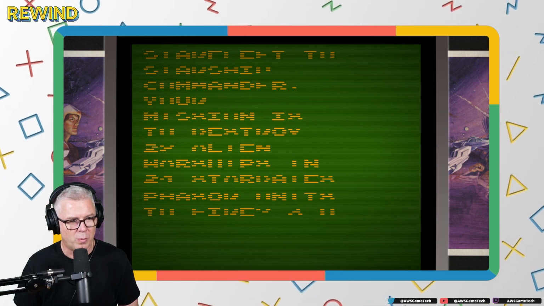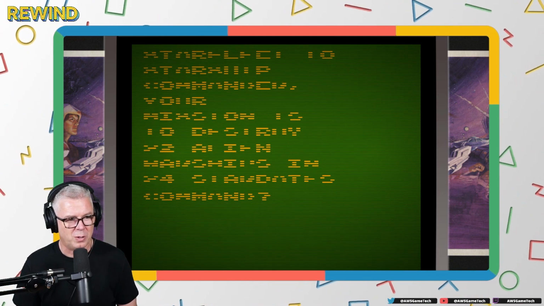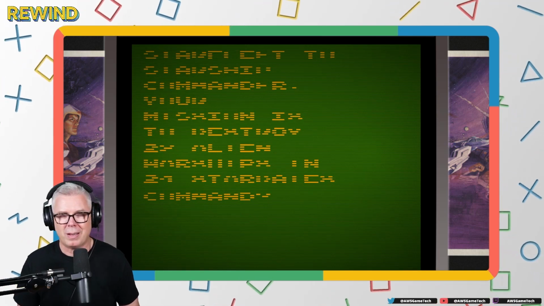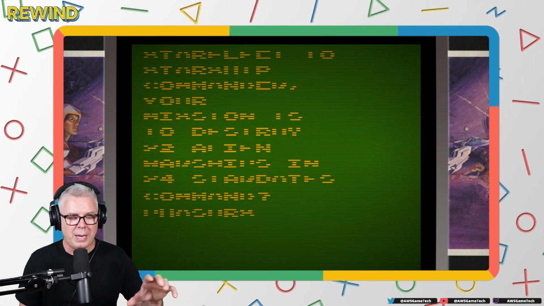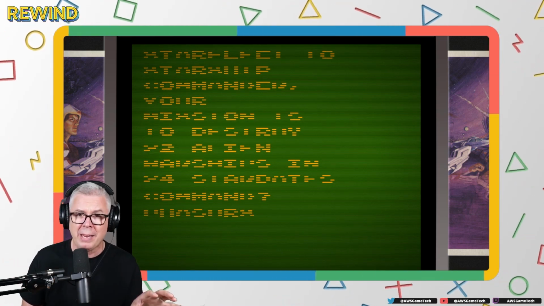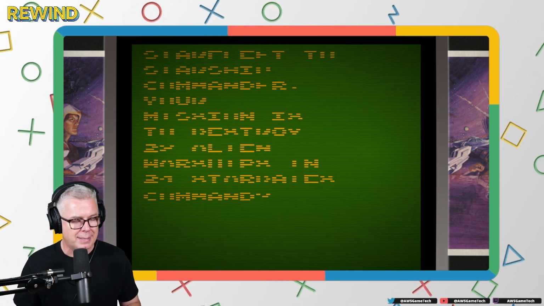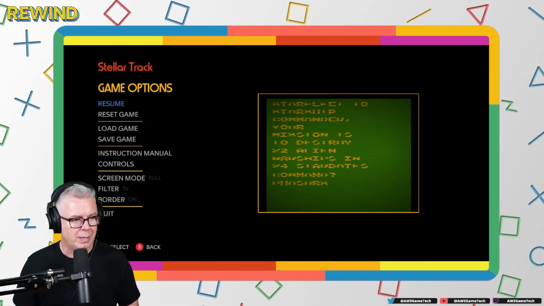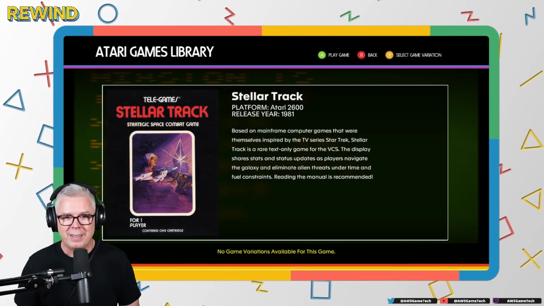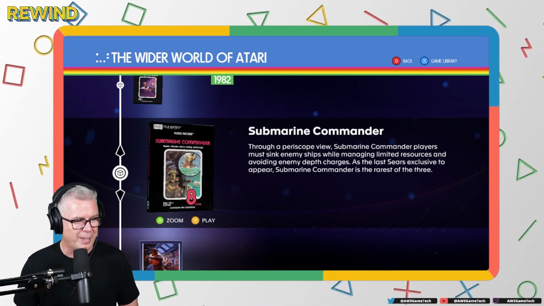And let's fire 333 phaser units. Okay, this is very reminiscent of the Star Trek tactical games that were on mainframes back in the late 1960s and early 1970s. But since we don't have time to read the manual, let's just say it's there for you to explore.